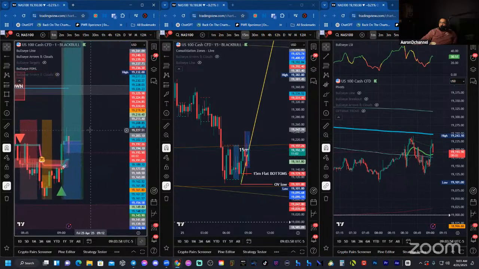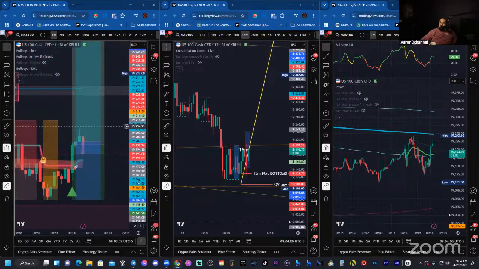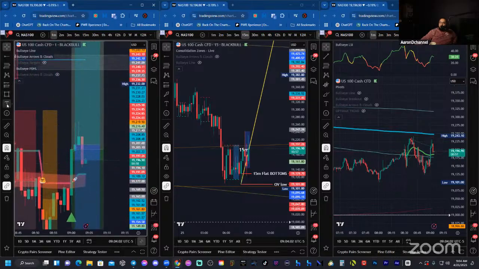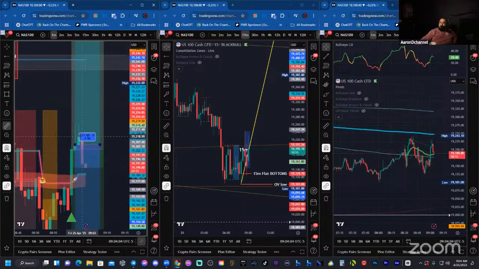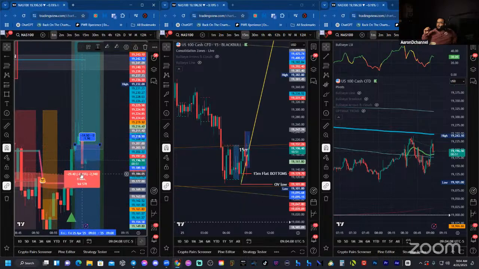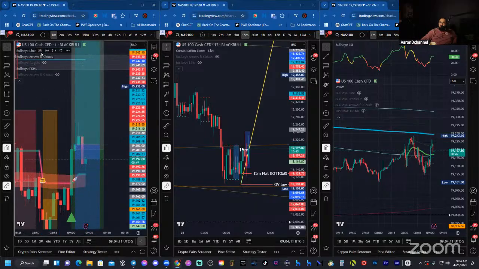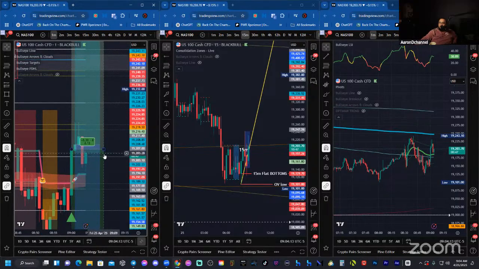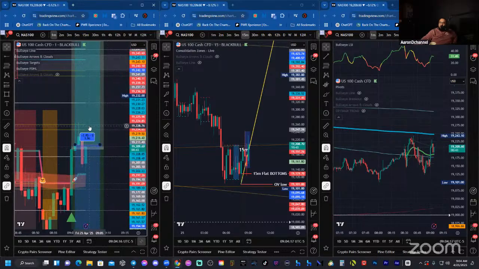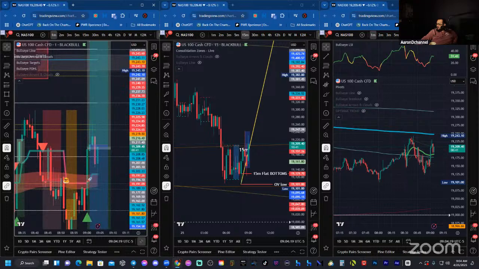See that big candle? This red candle is not scary. Now if you get 2 or 3 of them, then you add them all together. So that's a 30-point move down. If you look at your targets, it broke beneath this bank zone. Kind of rejected this hot zone right there. Let's see what happens.